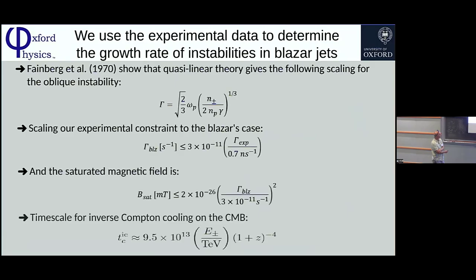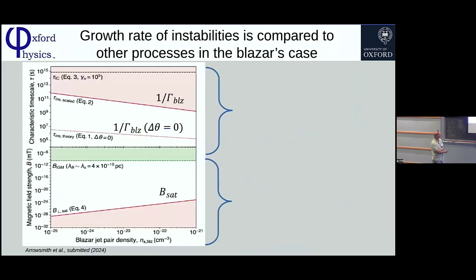What is the magnetic field required to get rid of it? Okay. So this is not our limit, right? This is the limit derived from Fermi-LAT. So this instability does not play any role. You need an external B field which is larger than this. A length scale. You don't have the magnitude.